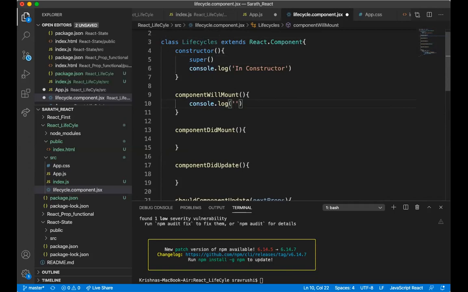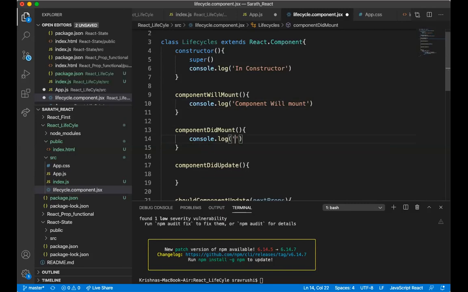That information we are going to handle here in component will mount. Okay, so here we have to give component will mount. And the next thing is component did mount.